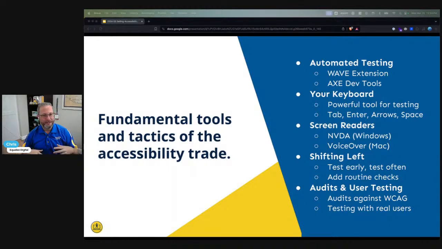While that's sinking in, I'm going to explain what WAVE is, the WAVE extension. Many web professionals may have heard this term thrown around or maybe even used it, right? It is an extension that can be installed on most browsers: Chrome, Firefox, Edge, etc. It is 100% free, and it performs a pretty reasonable and thorough automated accessibility scan, one page at a time. So it is a great extension to have installed on your browser, to be able to, at a moment's notice, output a quick automated accessibility report of whatever web page you're looking at.